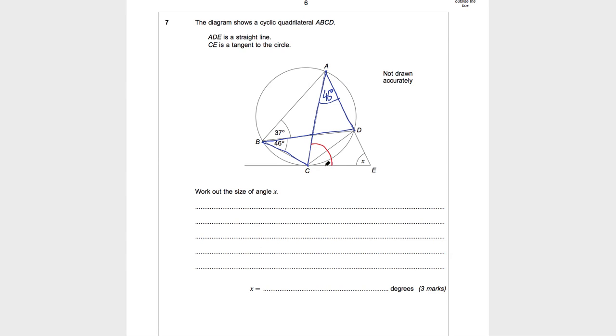That is the angle between a tangent and a chord. And I know that the angle between a tangent and a chord is the same as the angle in the alternate segment. So this is one segment, this is the other segment, and because they're both off this chord, that tells me that that angle is equal to this angle here. So that's 37 plus 46 equals 83. So 83 degrees is in here,